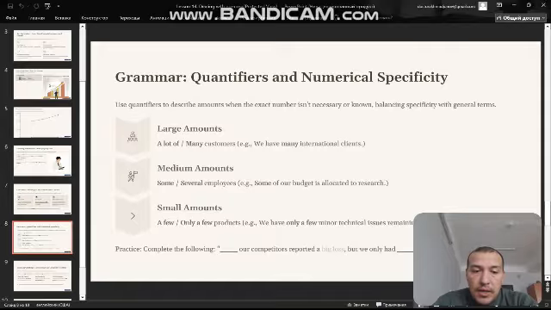So, practice. Complete the following. For example, you may use small amount, medium amount, large amount words here. Competitor be close, but we only had